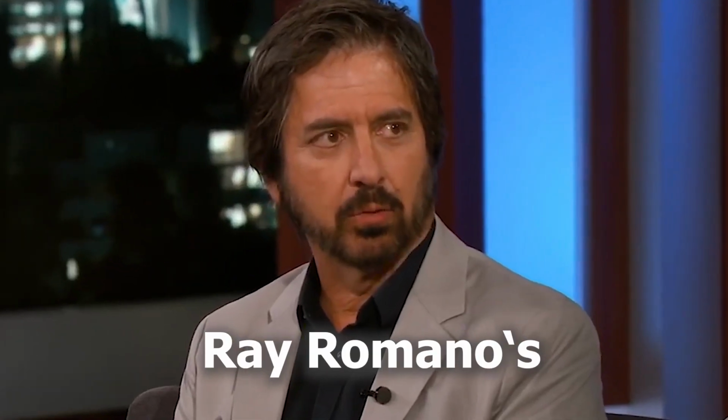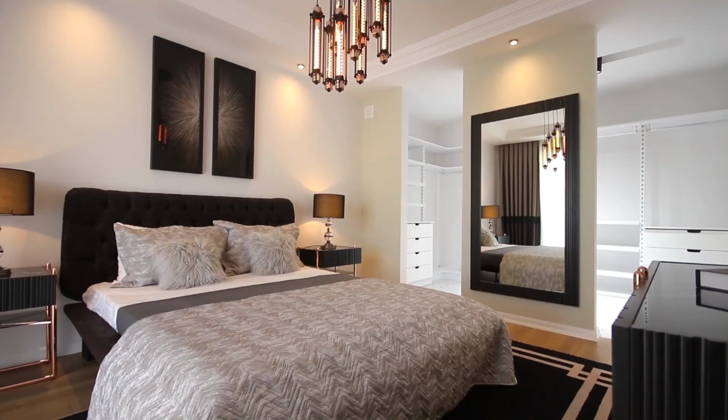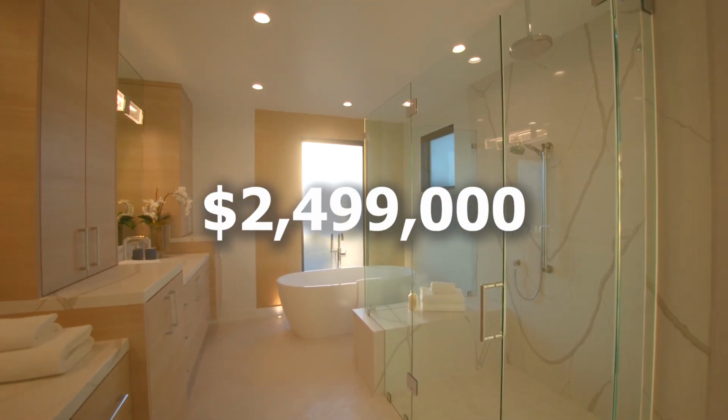Is Ray Romano's Venice, California modern farmhouse swanky? Eventually, we should have a clear answer to the question. This 3-bedroom, 2.5-bath home is now on the market for